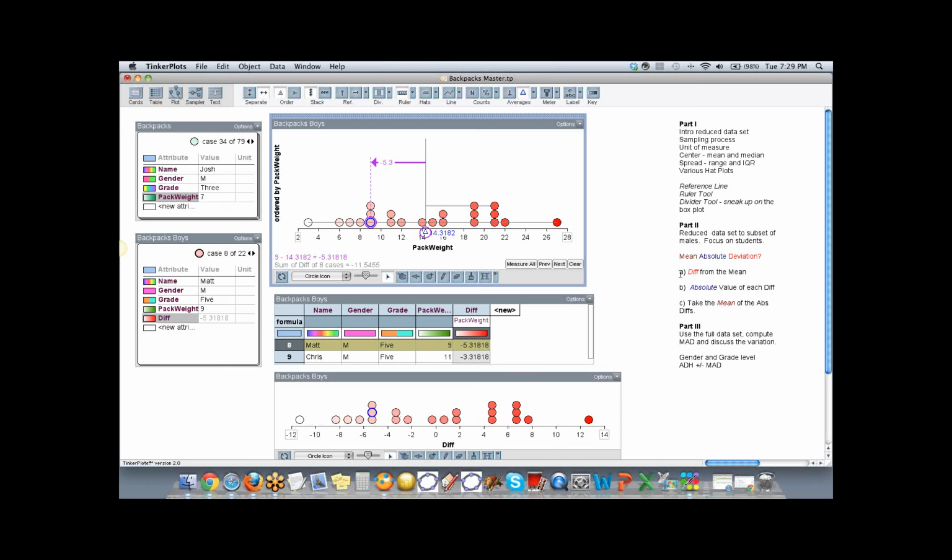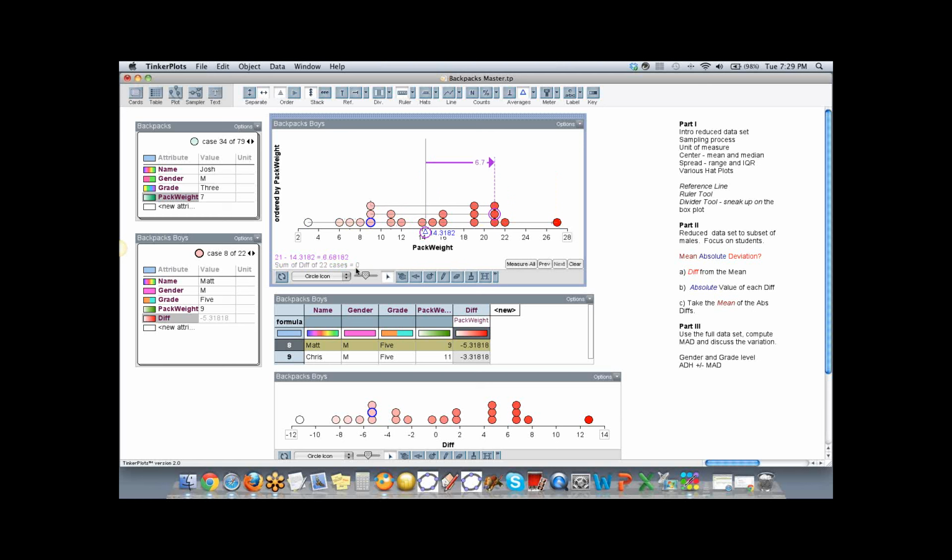So that's taking care of the first part of what we need to do to find mean absolute deviation. We found the differences from the mean. But if we want to take the mean of the total, we're going to be in trouble because this mean is going to come out to be a number that is going to be problematic. So don't blink because I'm going to clear this and I'm going to say measure all. We're going to come up with the sum here of the differences from the mean. So don't blink.